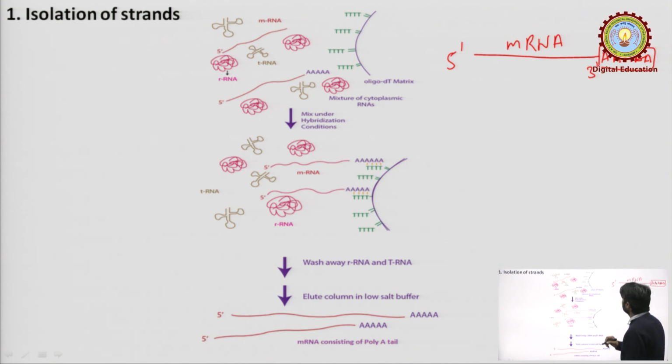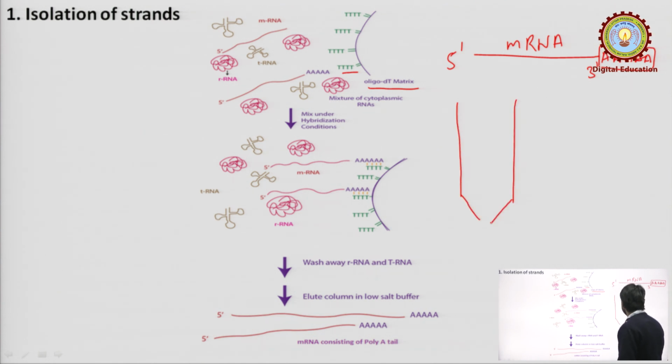So what we will do, we will use an oligo T matrix. This is the oligo T matrix. It is like a structure on which we have immobilized our primers, containing only T, that is thymine, like 50 to 100 base pairs of thymine. So when we will pass through,